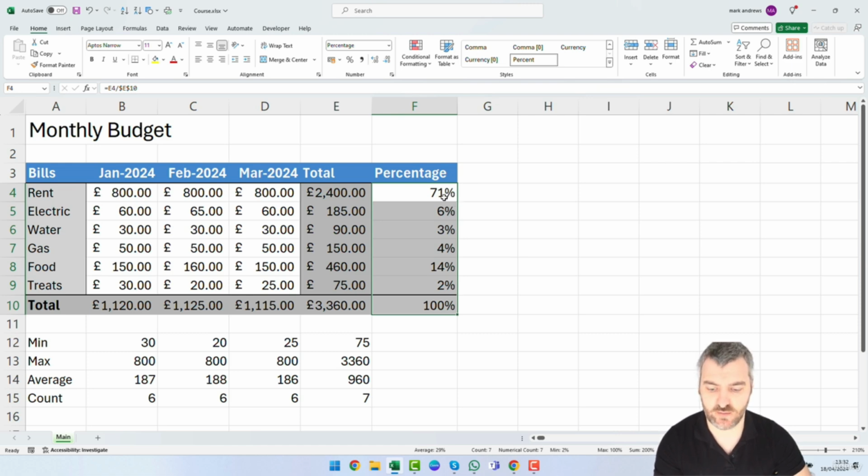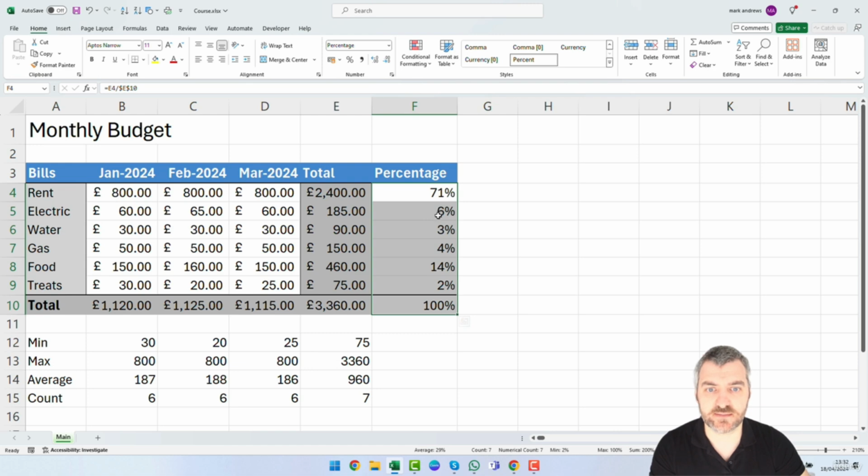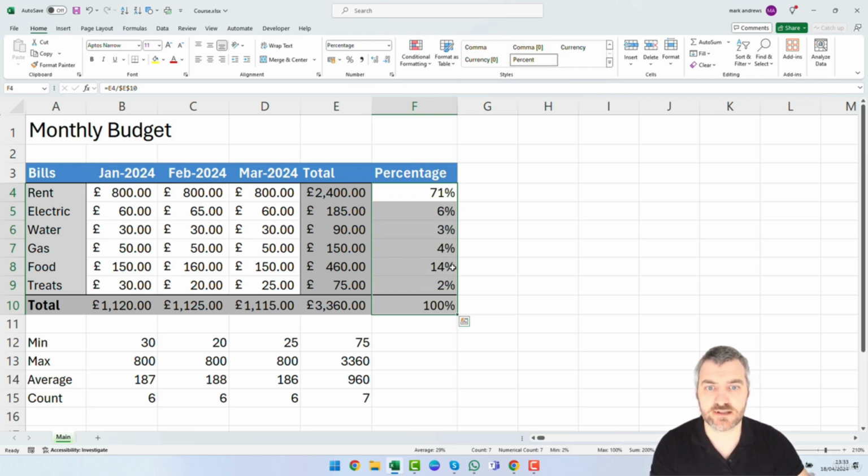So we have the 71% there, but when we were working down here, say for instance some of these, so what do we have? 5, 2, 4, 13. So you can see that the 5 there moved up to 6, okay, and the 13 moved up to 14 there. So just going back, and we can see that, and that's just because of where the decimal place ends up moving to. So if we go into percentage there, again we can see the 6 and the 14s change there,